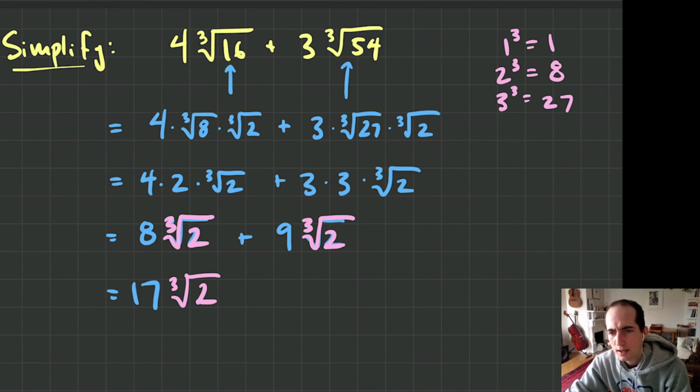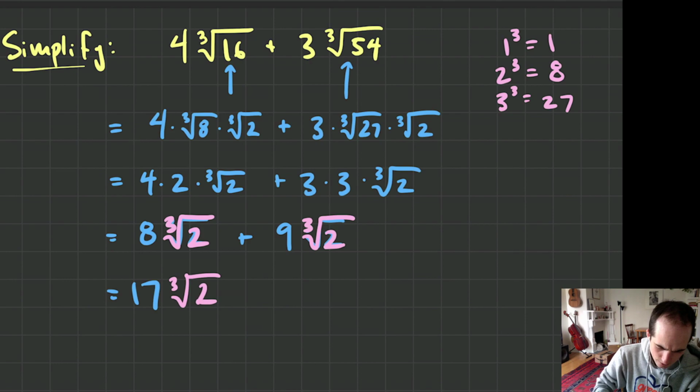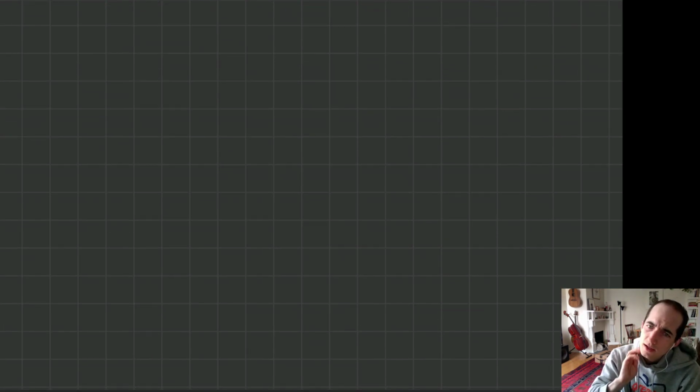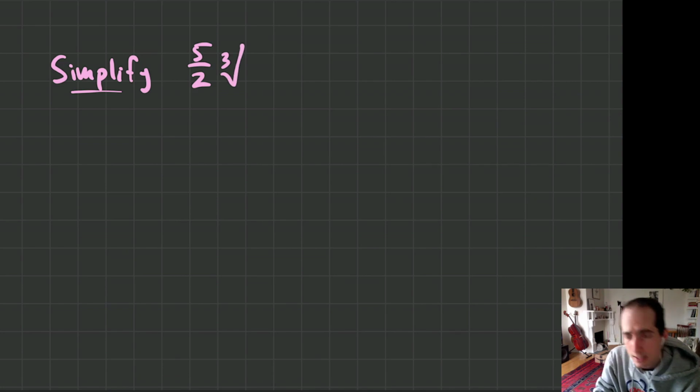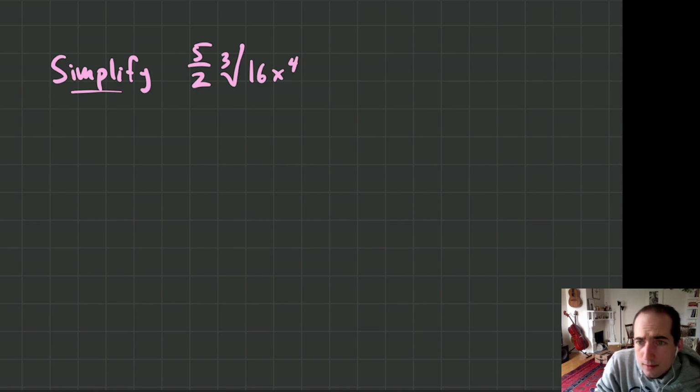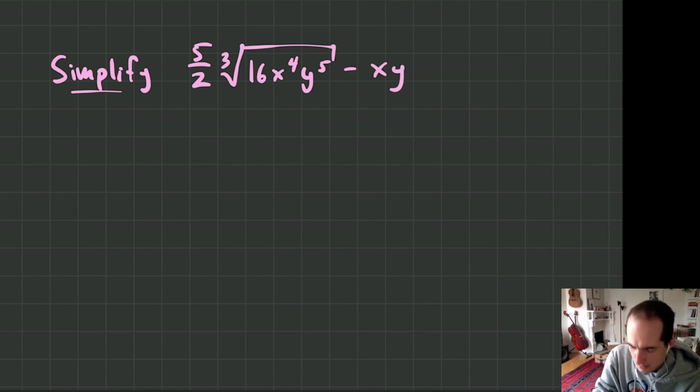Let's try a few with some variables in there for some extra spice. Let's see what we have here. So let's simplify. Yeah, this looks like a good one. We're gonna simplify this one. Yeah, we're gonna do 5 over 2 times the cube root of 16x to the 4, y to the 5, that's my first radical, minus x times y times the cube root of 54